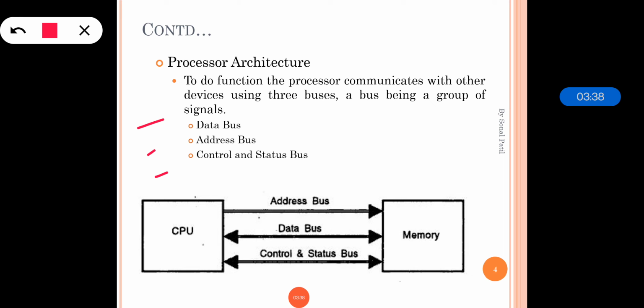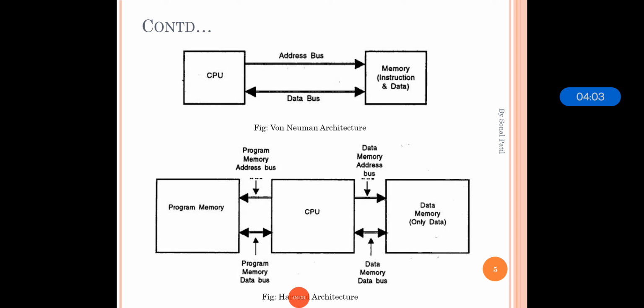The address bus carries the address information from the processor to memory, and hence it is unidirectional. The control and status bus carries information such as whether the operation is read or write. It indicates the address error and everything. So these are the three buses that are used. We can see over here the address bus is unidirectional, while the data and control and status buses are bidirectional. Based on the number of memory and data buses used, there are basically three types of architectures for the processors: von Neumann architecture, Harvard architecture and super Harvard architecture.